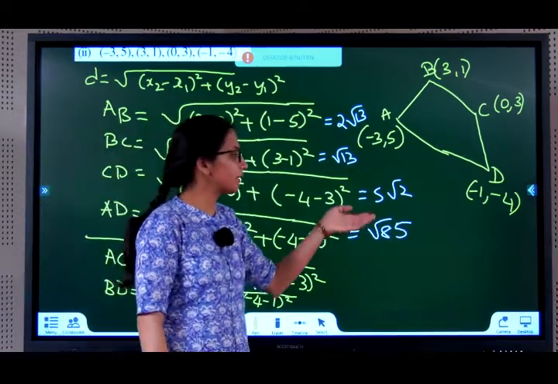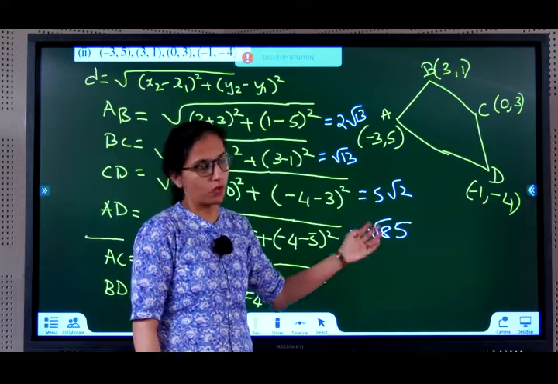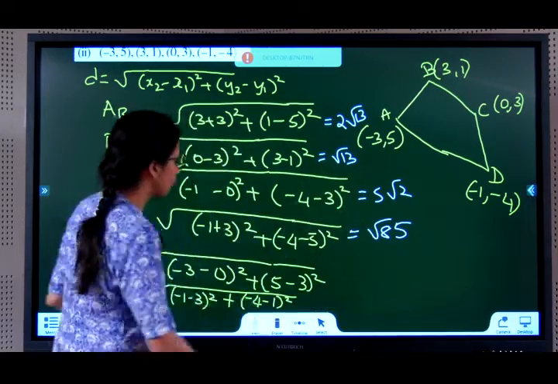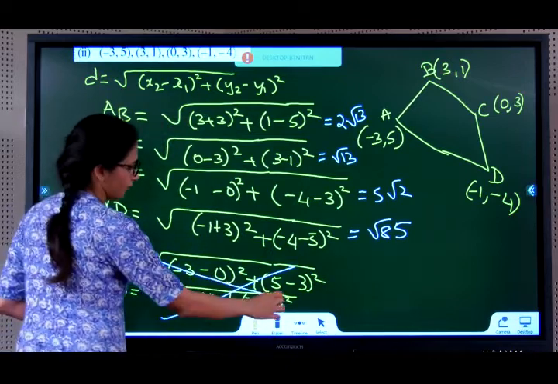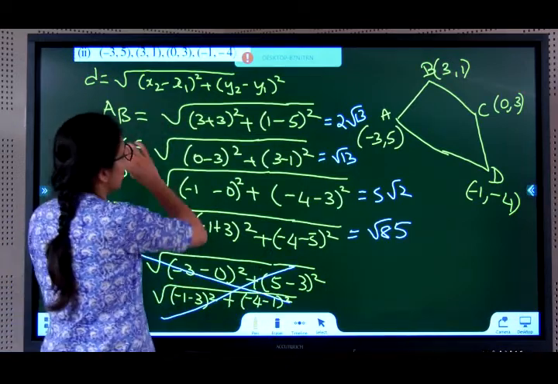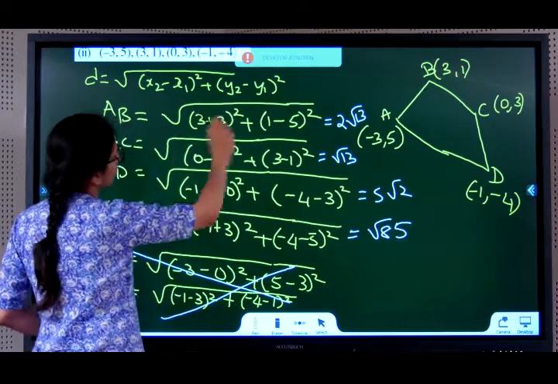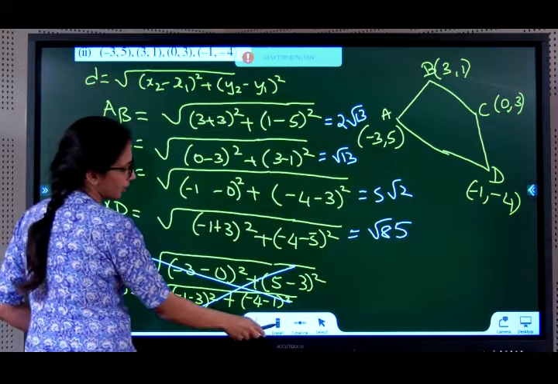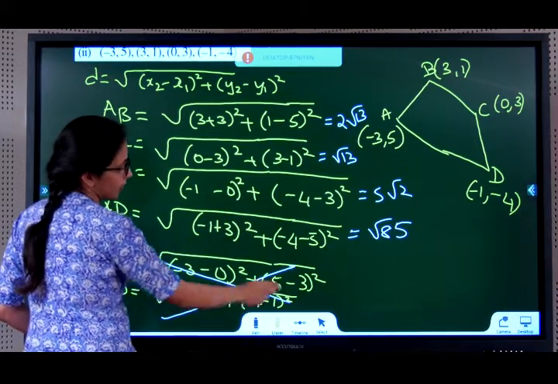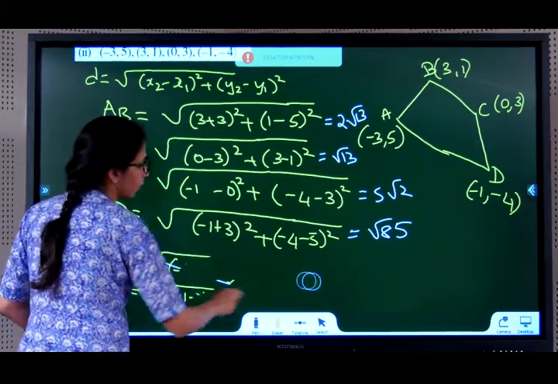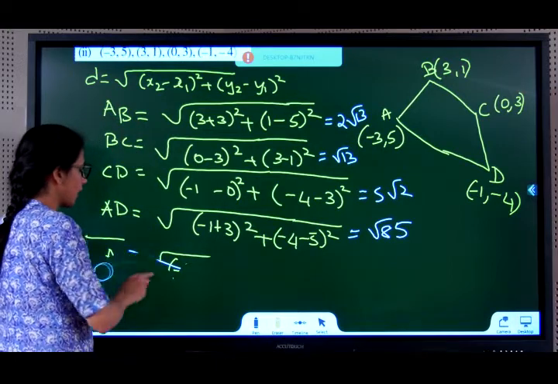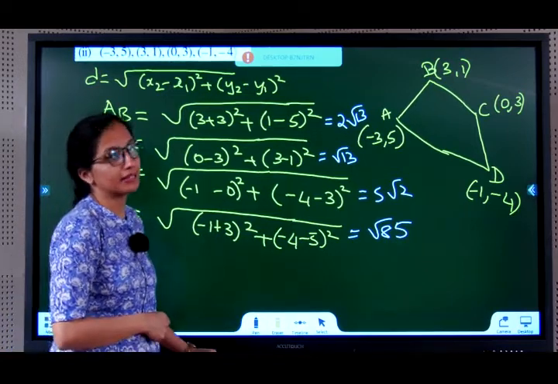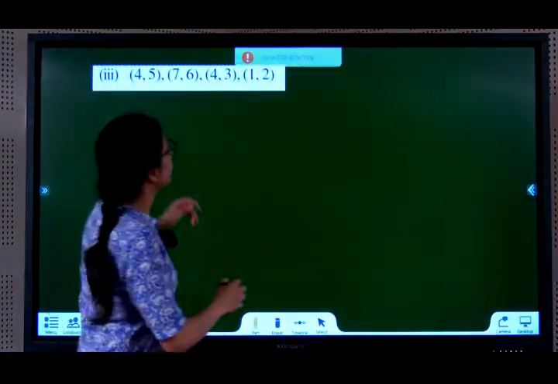Here, is anything equal? Are all sides equal? No. Are the opposite sides equal? No. So you don't have to go and check the diagonal. No need to check it. As you are solving it, you first write AB, solve, get the answer, then check, are they equal? You can see they are not equal here. So you can stop right here, no need to check the diagonal condition, and therefore just write a point here saying it does not form any kind of quadrilateral. So we have 4 points here.